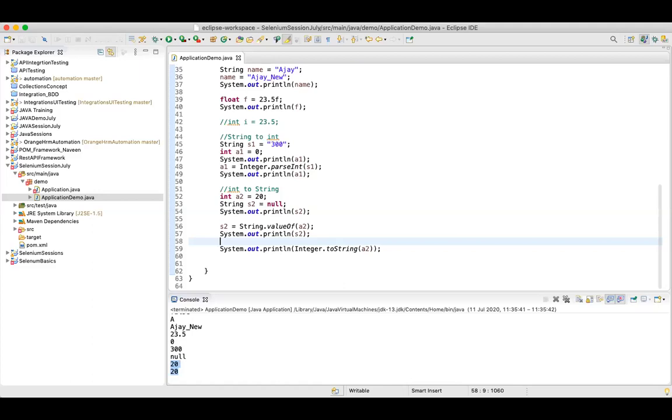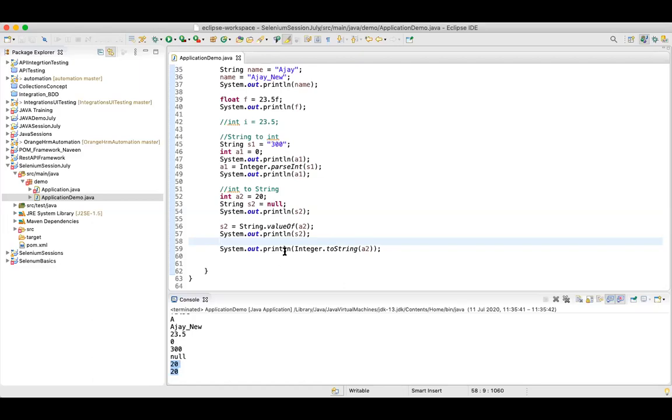Now we will see one more conversion. Let me see what we can use. One second, I'm thinking which could be the most valuable information for you. Okay, let's say from integer to long.